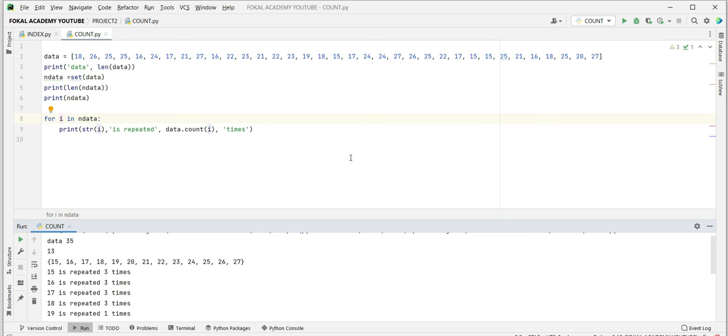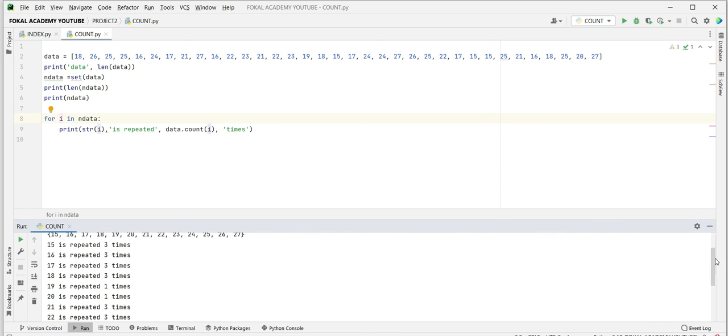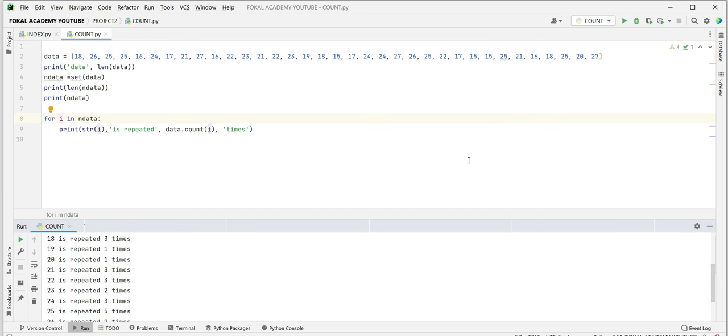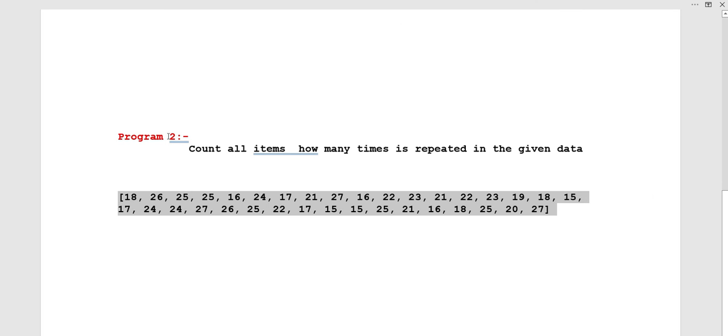Like that we have all the data repeated. So this is the process of writing for count and